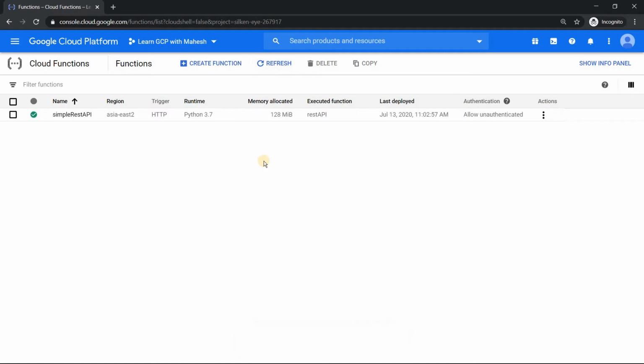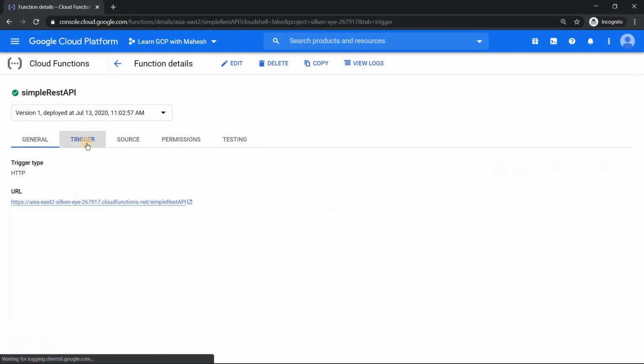All right, the cloud function is deployed in Hong Kong. Let me click on the cloud function's name and I should get the trigger by clicking on the trigger tab. This is my URL or the endpoint. Let me click on this. Now, if I zoom in, you should see an error message like this. Why?